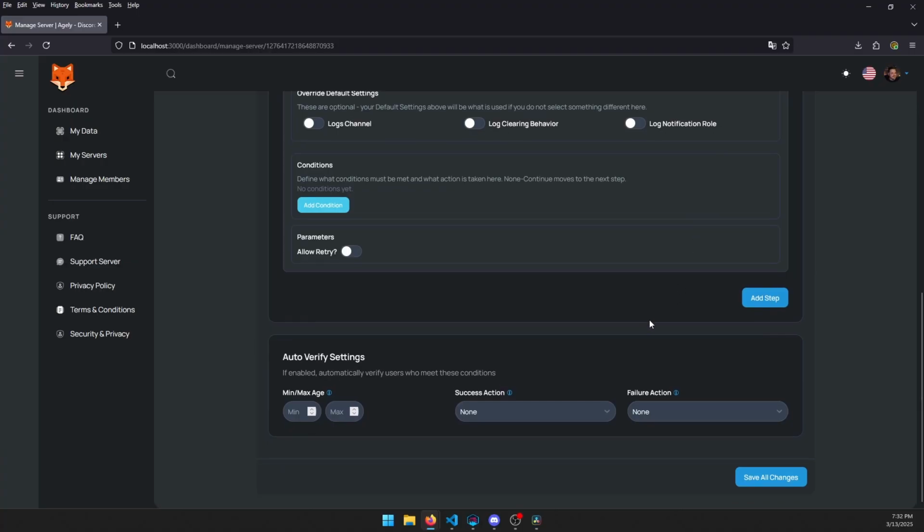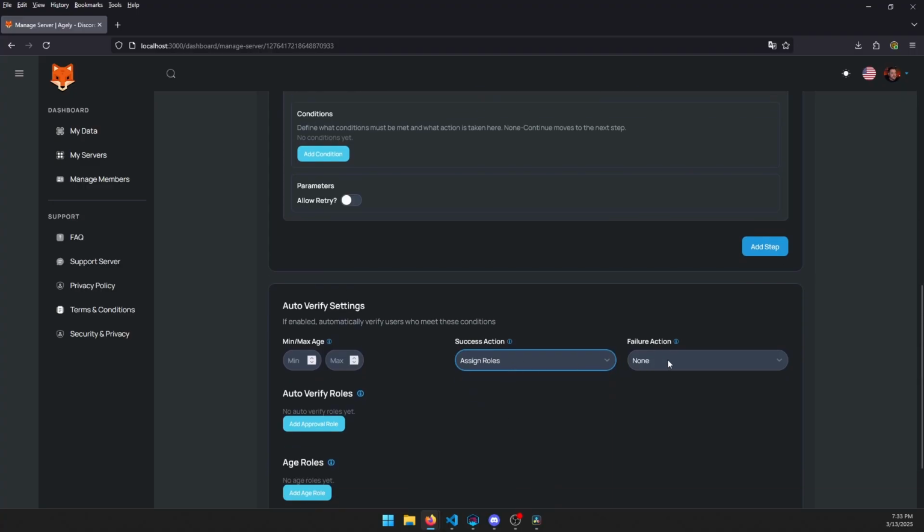Finally, the auto-verify settings. If Enable Auto Verify is turned on in the default section, you'll see the Auto Verify settings beneath your steps. Here's where you finalize what happens if the user meets or fails your verification criteria. The min and max age define a final cutoff for automatic approval or rejection based on the user's date of birth age. The on approve or on rejection action decide whether to assign roles, kick, or ban the user upon